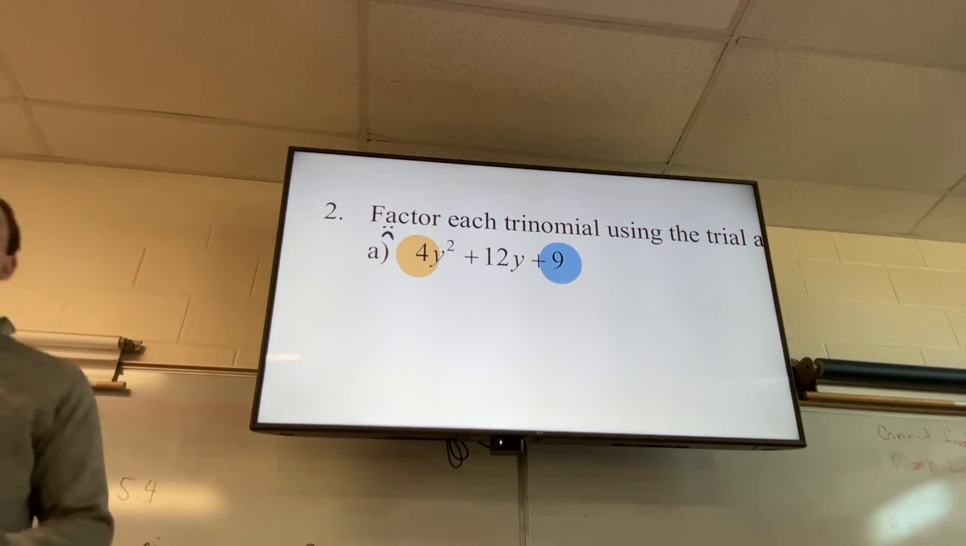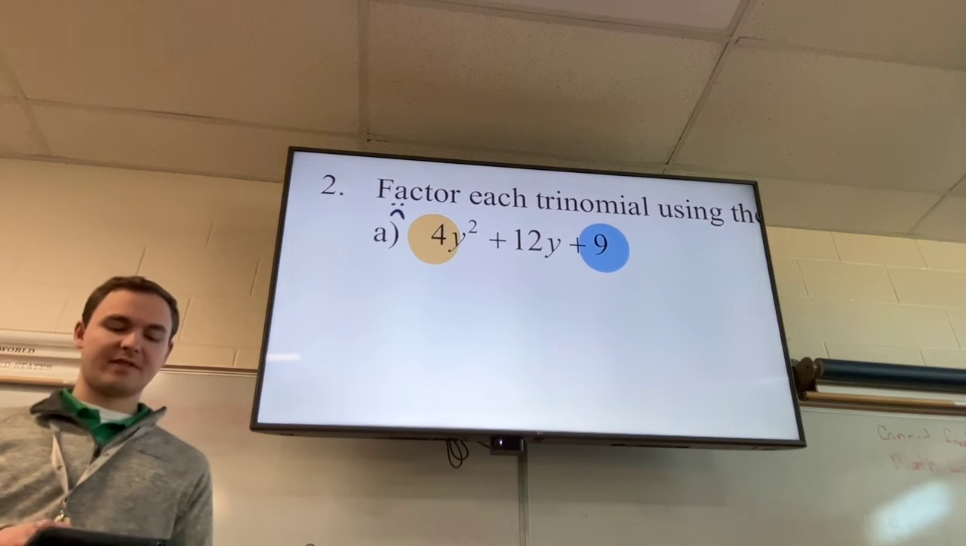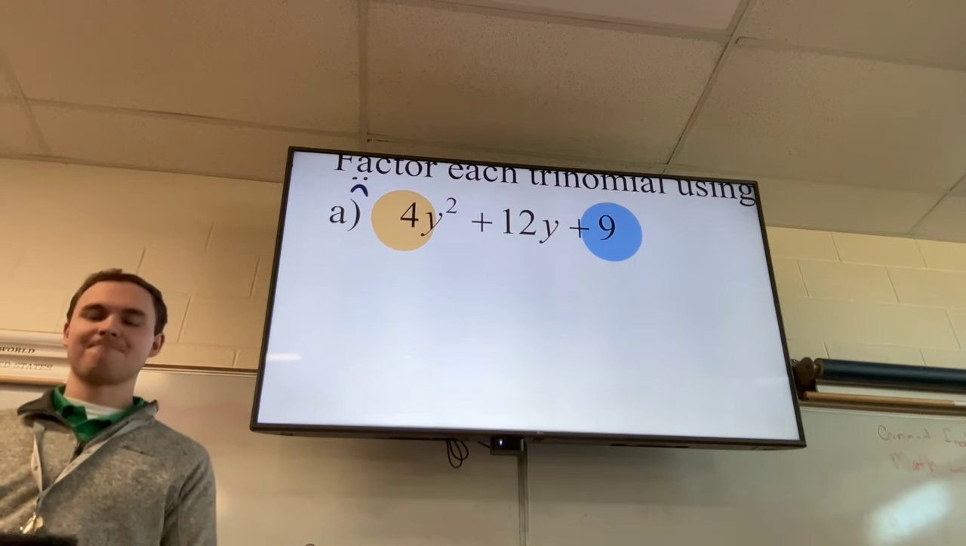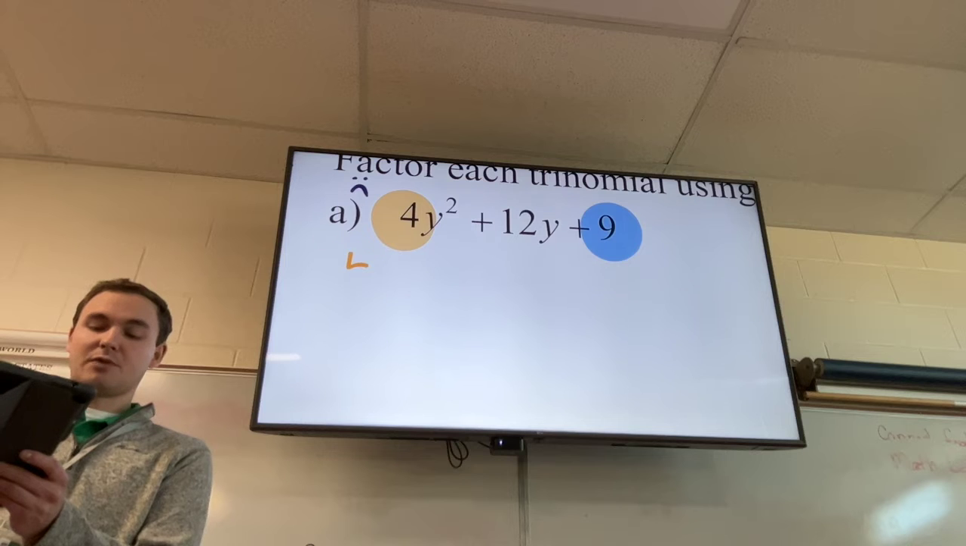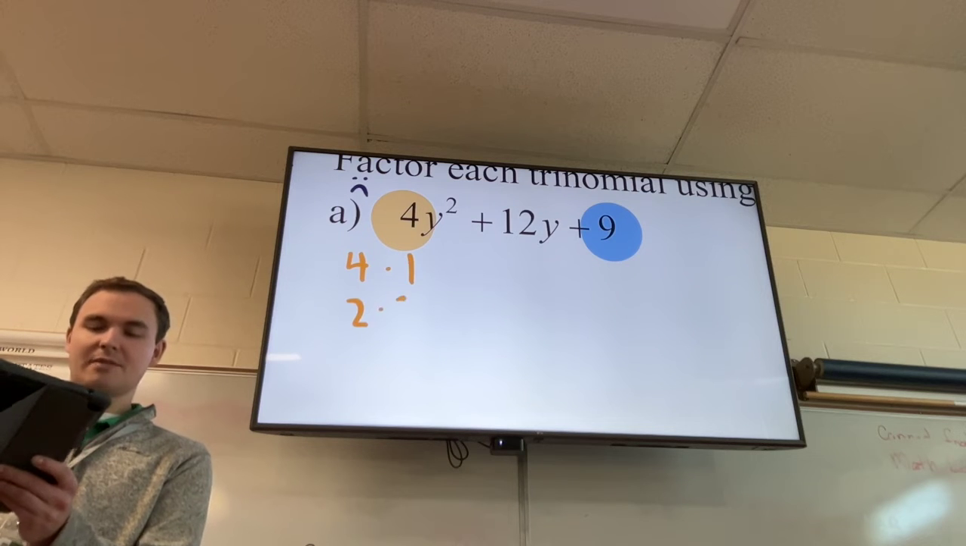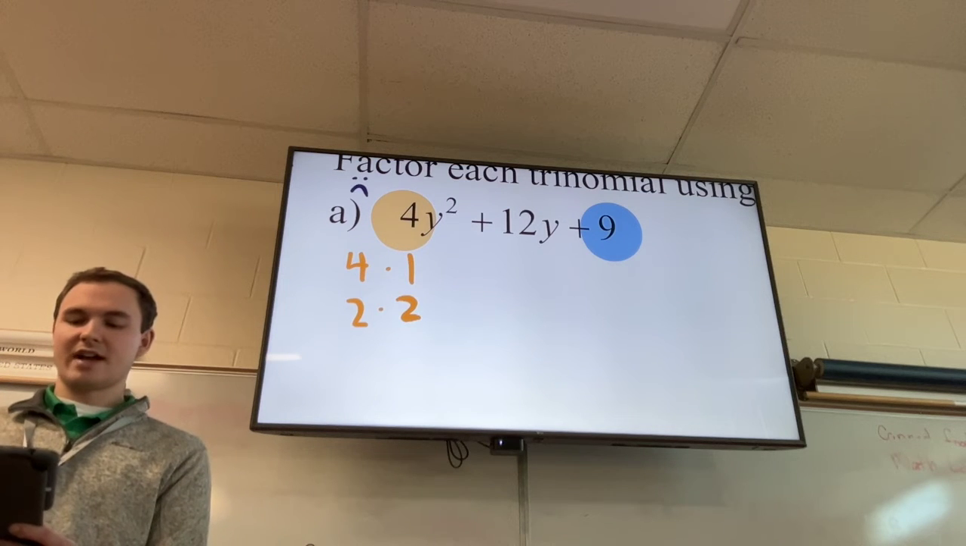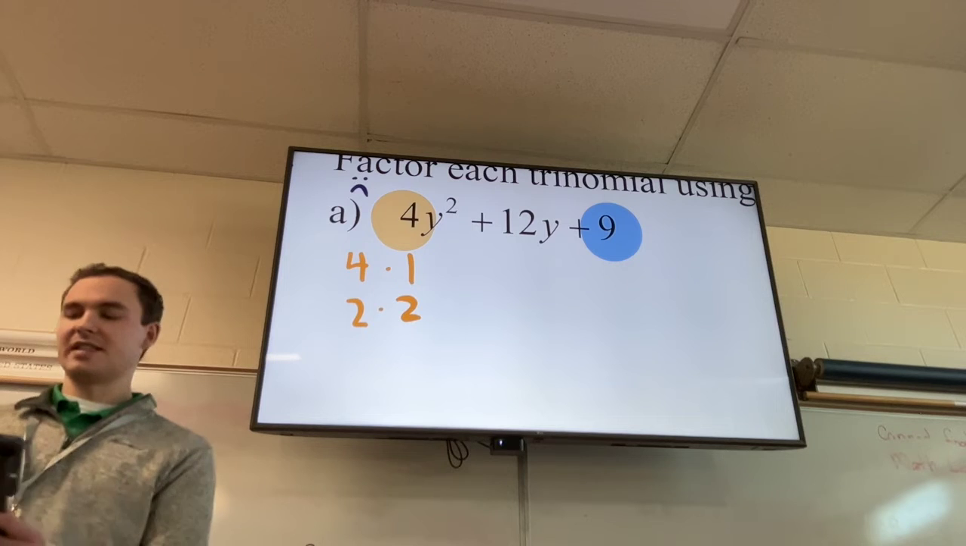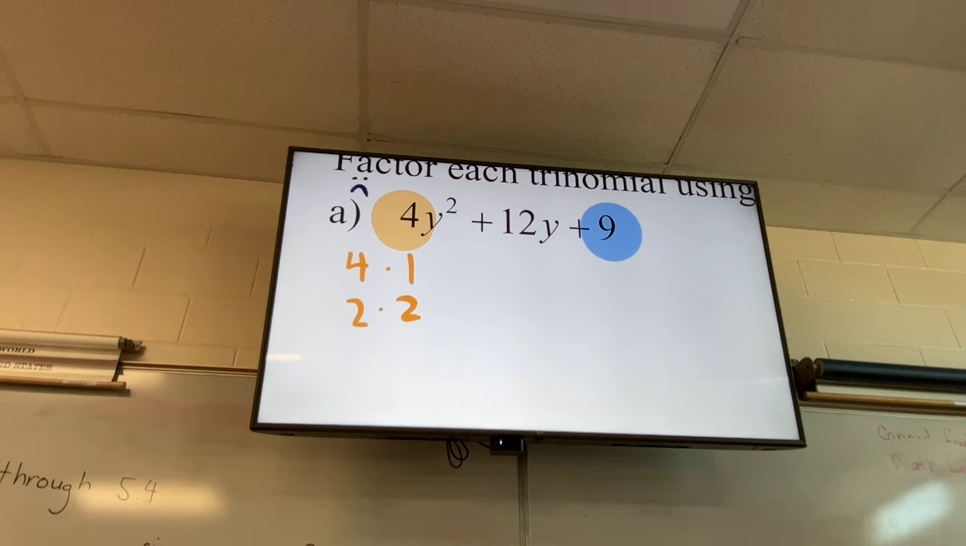When that happens, what I do is I write out all the factors of that orange number and the blue number, okay? So it's going to be 4 times 1 and 2 times 2, right? And then I also write out all the factors of the blue number. What are those, Thomas? Yeah, 9 times 1, 3 times 3. Yep, so you do that, okay? All right,